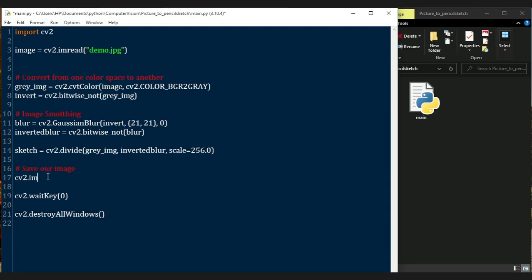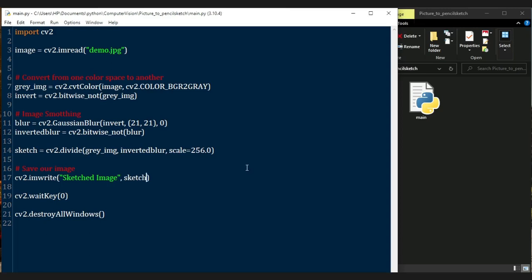In order to put data as output, you can say imwrite, and then of course it takes in the name of the image you want to save and the image you want to save. So the name of the image you want to save is sketched image, okay? And then the image we are saving now is our sketch. All right,